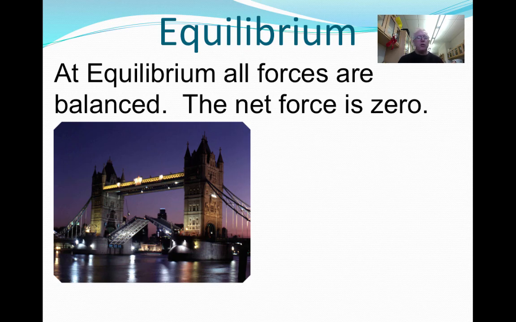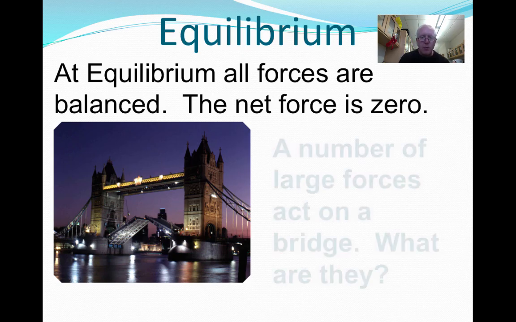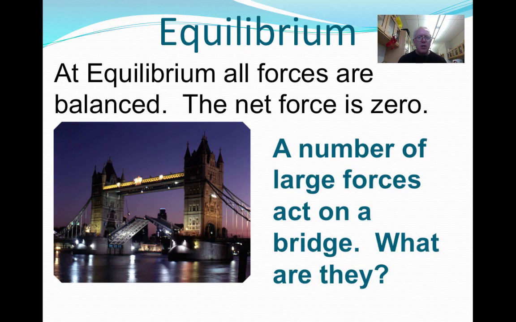All right, so the net force is zero at an equilibrium position, and here's a bridge. That's the Tower Bridge in London. Some of you might have seen that before. And how about it? Lots of forces are acting on a bridge, right? What are those forces? Well, there's the things that are on top of the bridge pushing down. There is the weight of the bridge pushing down. There's the support forces pushing up. You want all these forces to be basically balanced out to zero, or close to zero anyway. You don't want too much sway in your bridge.